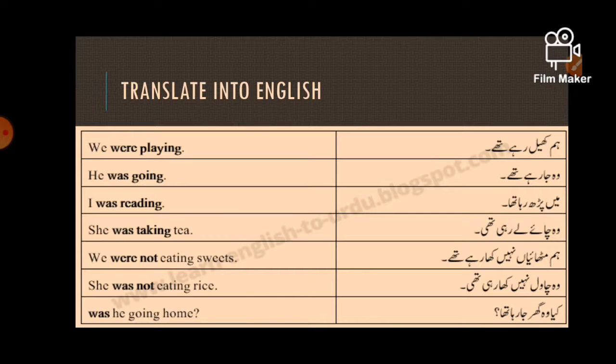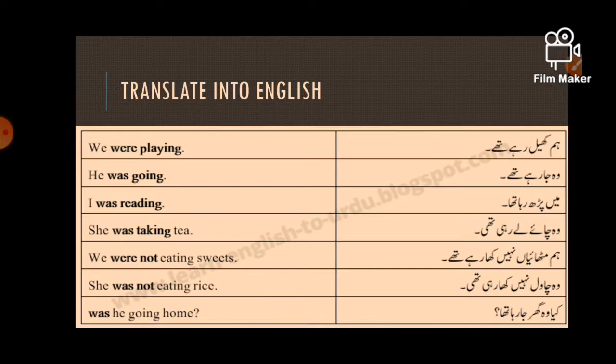Okay? So we are talking about past continuous here. So we should learn the structure of past continuous. That is subject plus was or were according to the subject plus V1 ing plus object. Like the first sentence is हम खेल रहे थे. रहे थे. This is important to remember that in an Urdu sentence we can identify the tense by रहे थे at the end of the sentence. वो जा रहे थे means रहा था, रहे थे, रही थी and so on.